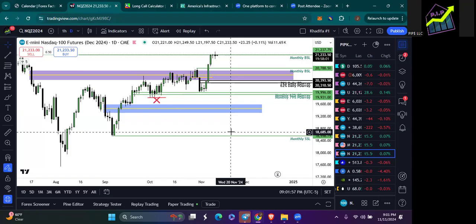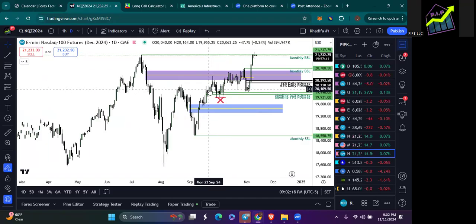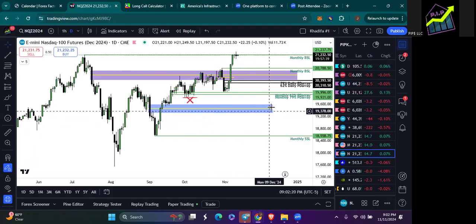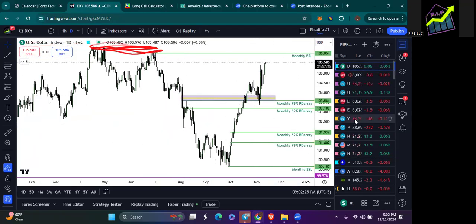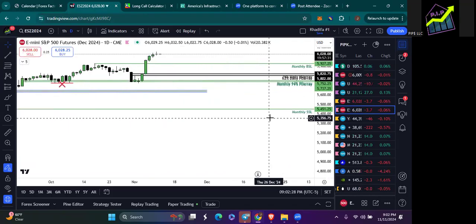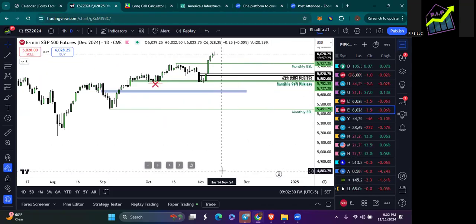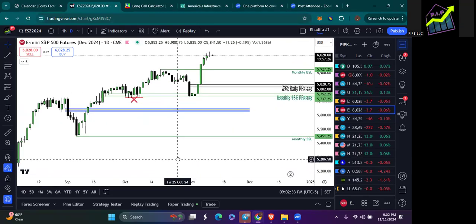And that is the ICT way. That's what I trade anyway: price action, time and price, and liquidity. That's what I've been doing, and it's been working beautifully for me. So with that being said, I'm expecting the dollar to continue to run higher, until we get up in here. So that being said, I do expect futures to continue to run higher as well.